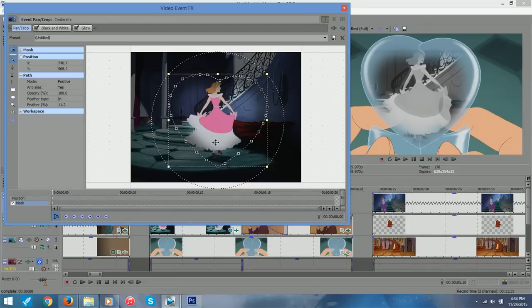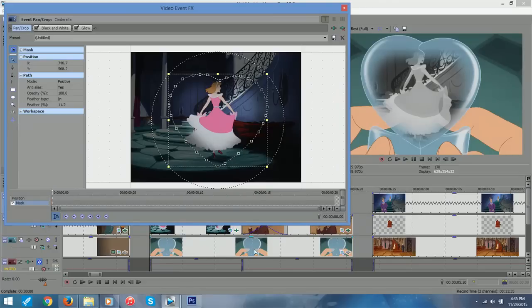So this is something I don't know exactly if it's available to all programs. I don't remember really seeing this in previous Sony Vegas programs, but of course, I'm still learning, so it's very possible that I probably just missed it. But in this particular case,